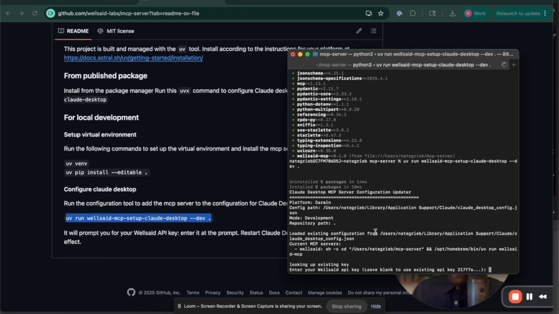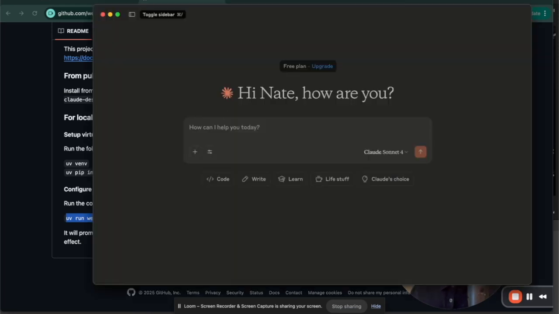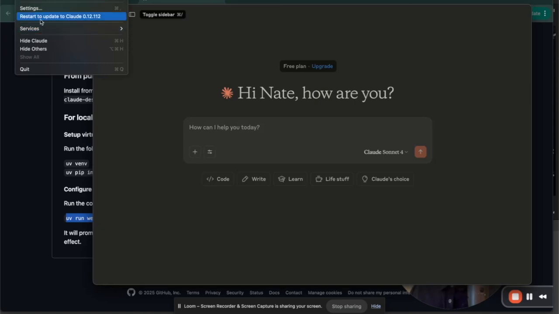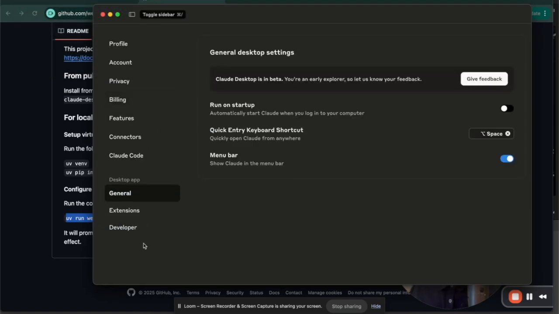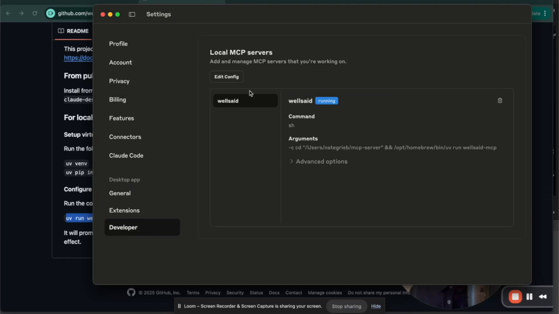So it's asking me for my API key. I already put one in before the starting of this, so we didn't need to watch me fumbling around and showing everyone my key. So now we have our MCP server running. We can go over to Claude. And if we look in the settings for Claude under developer, we should see now, perfect, our WellSaid MCP server